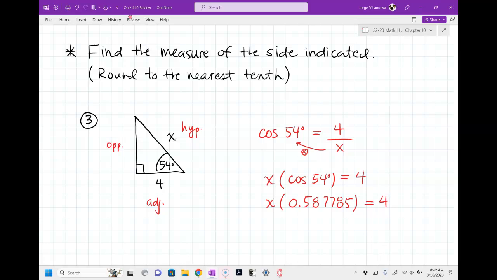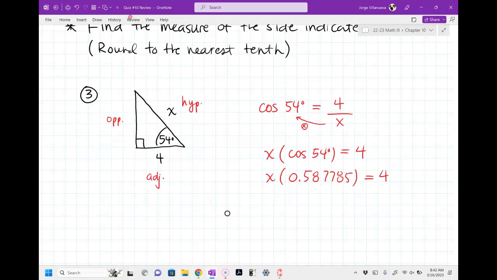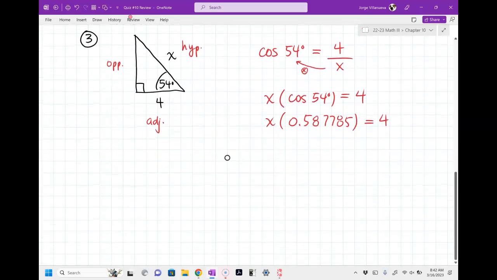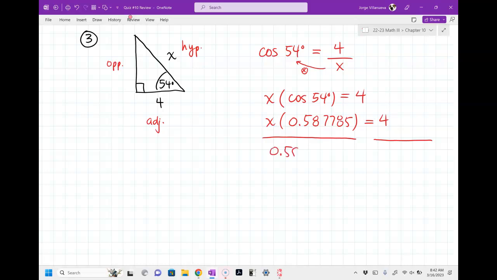Okay, that's cosine of 54. Well, what do I do to get x by itself? Yeah, I want to divide by that decimal value, right? So let's divide both sides by 0.587785. So that gives me x equal to